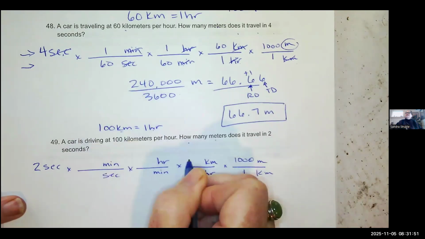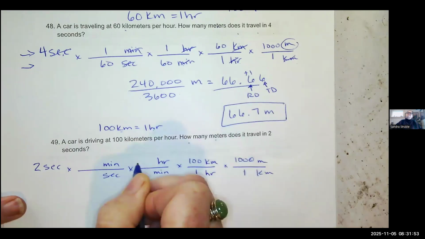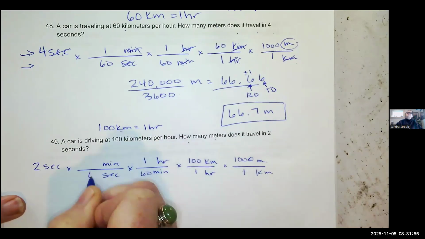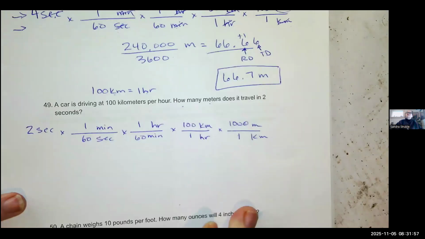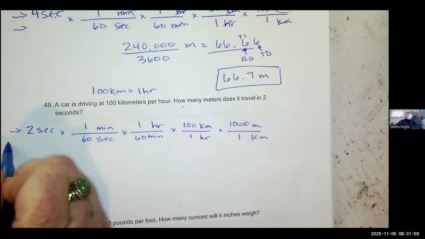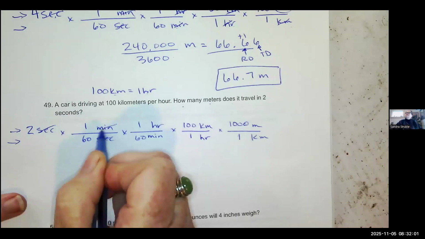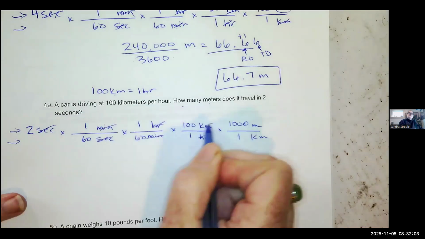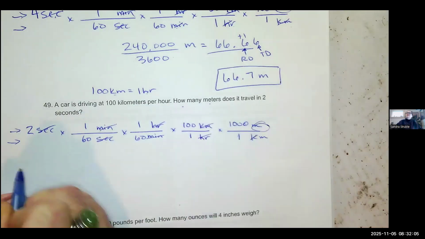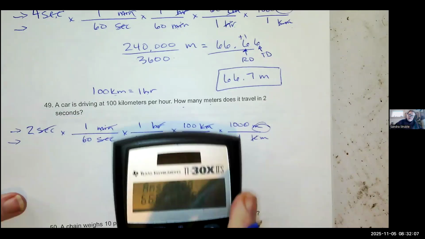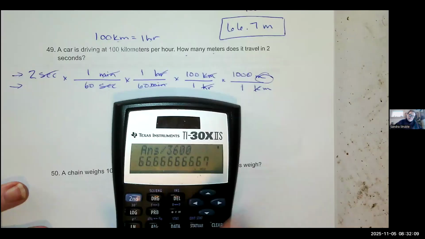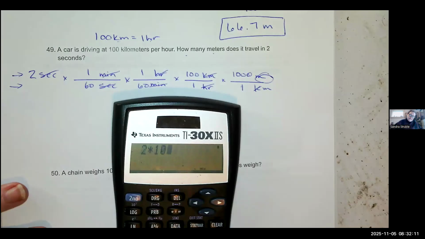There's 60 minutes in an hour and 60 seconds in a minute. Multiplying straight across, my seconds are gone, minutes are gone, hours are gone, kilometers are gone, left with meters, so we're golden. 2 times 1 times 1, 2 times 100 times 1,000 is 200,000